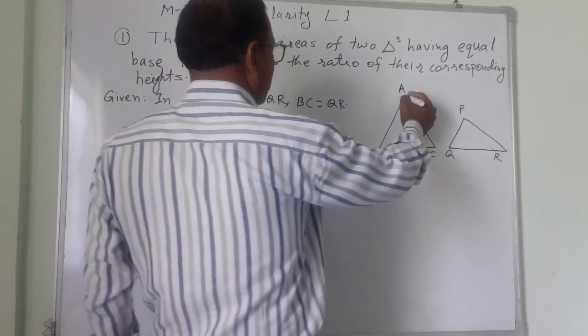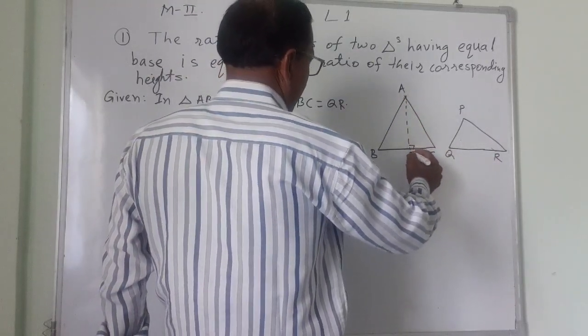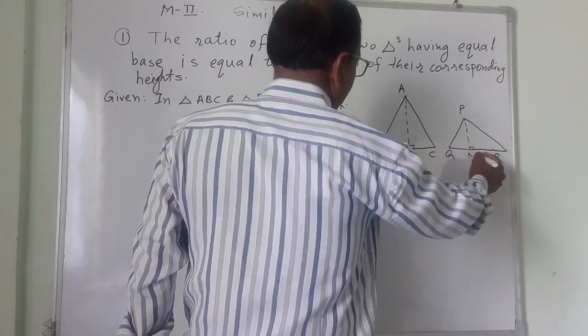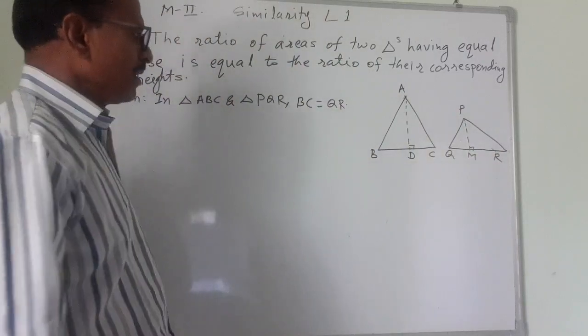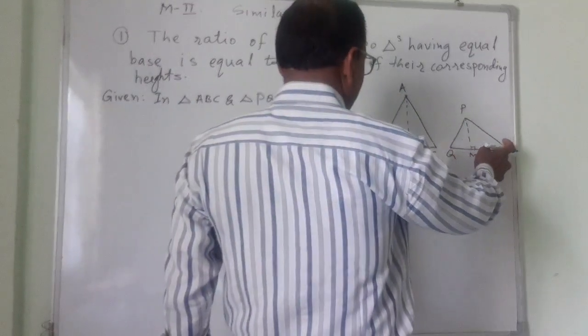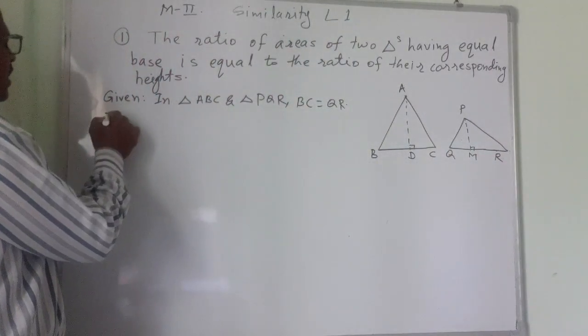Heights are not equal, you can see. I will draw the height, AD, and this is PM. Heights are different, but BC is equal to QR. Then what to do in this? The same way, given. To prove, I will write,